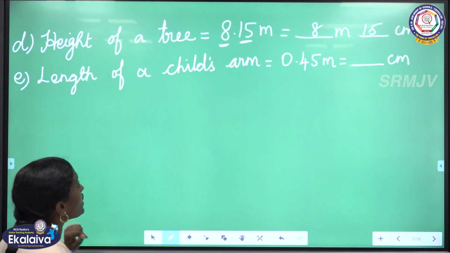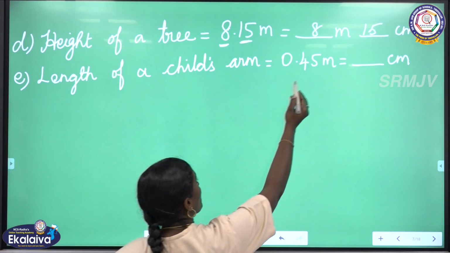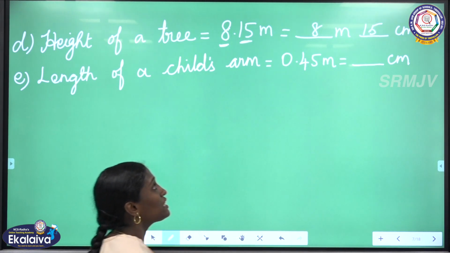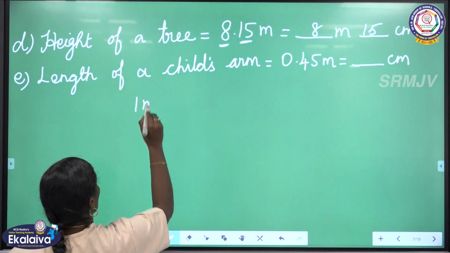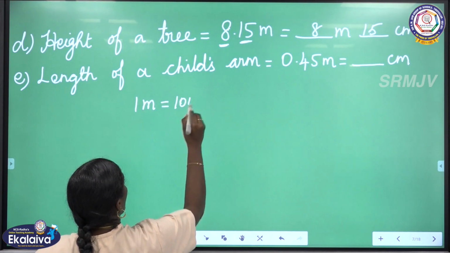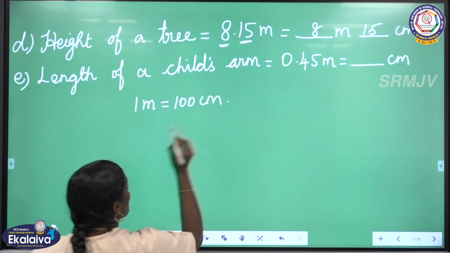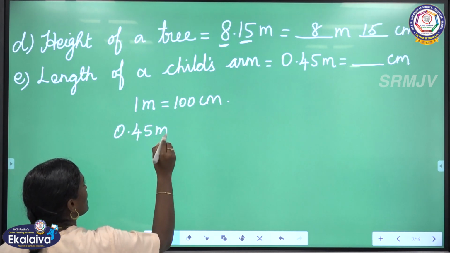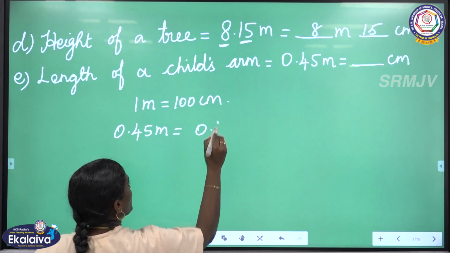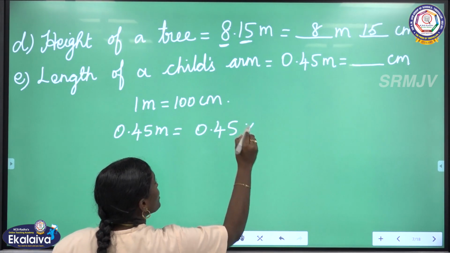Okay, then length of a child's arm is 0.45 meter. We have to write in centimeter. Greater unit to smaller unit. So 1 meter is equal to 100 centimeter. Okay, we have to use multiplication. So 0.45 meter is equal to 0.45 into 100